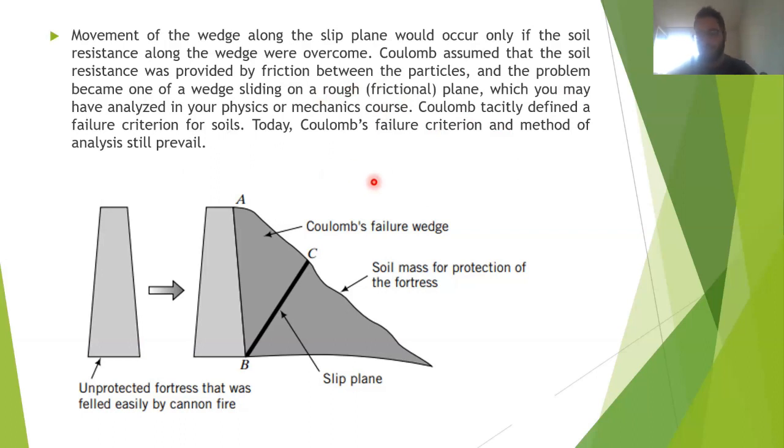Usually, to have failure, you need to overcome some forces. We call it a shear force or force of resistance, and that's something that Coulomb found really early in the 19th century. And Coulomb assumed that the soil resistance was provided by the friction between the